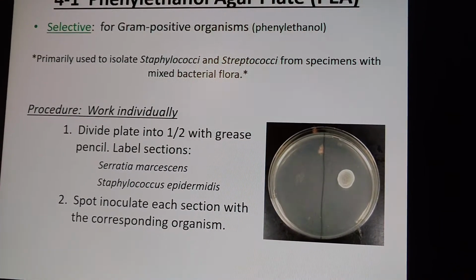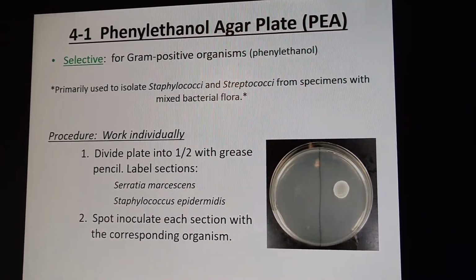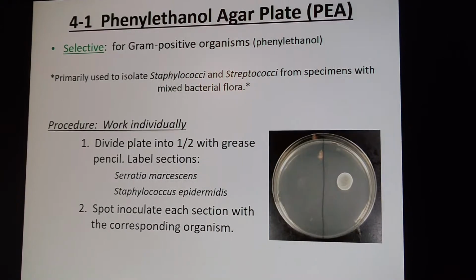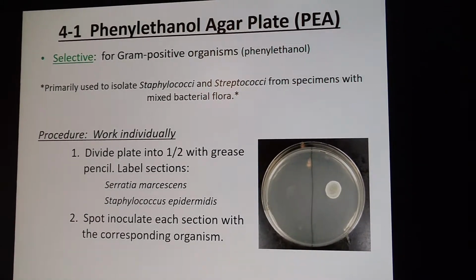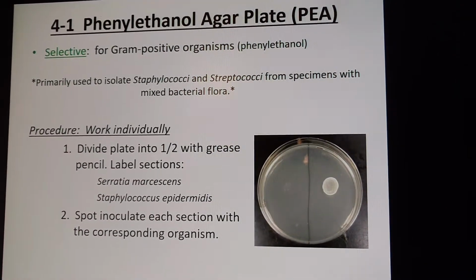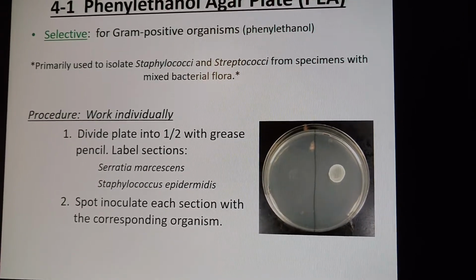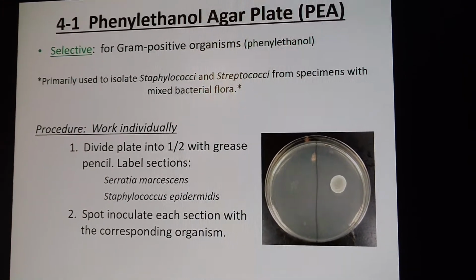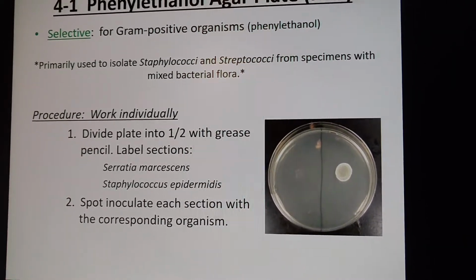You're not streaking for isolation, although in reality, if you were doing this in an actual mixed sample that would be given to you, you would do a streak plate and look for isolated colonies and pick out the ones that are representative of what would have grown and possibly be your actual causative agent from that particular sample. So you would divide the plate in half, and then for this one you'd be using 2